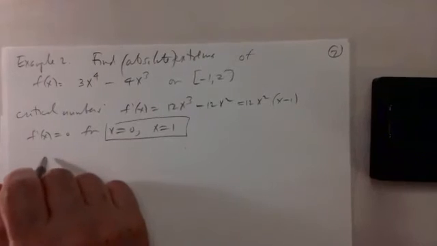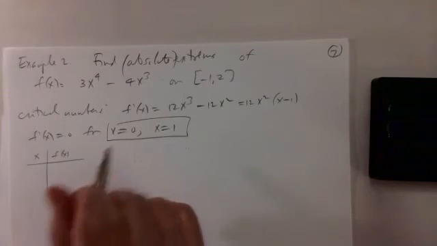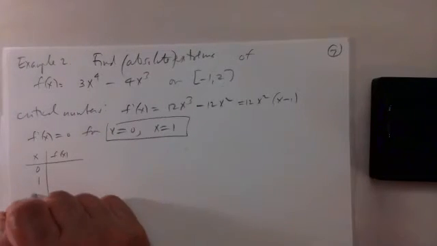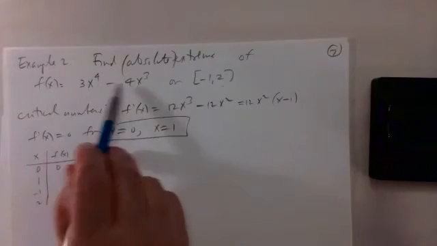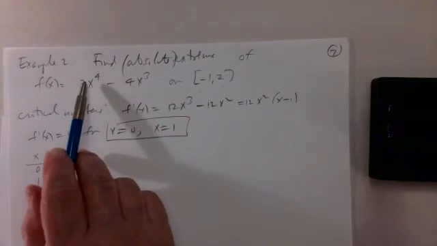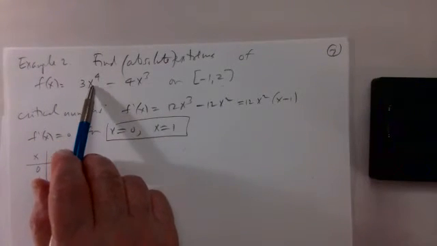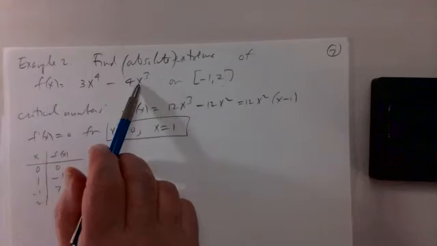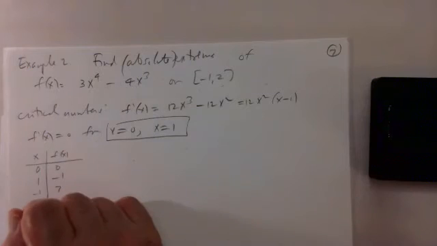What is f? Let's make a little table. I'll put in different values of x and I'll compute f of x. So we need f of x at the critical numbers 0 and 1, and also at the endpoints of the interval, -1 and 2. So f of 0 is 0. F of 1 is -1. F of -1 is 3 plus 4, which is 7. And f of 2: 2 to the fourth is 16, times 3 is 48. 2 cubed is 8, times 4 is 32. So 48 minus 32